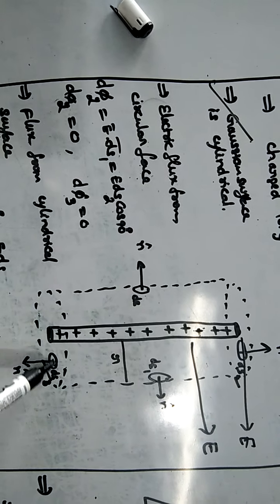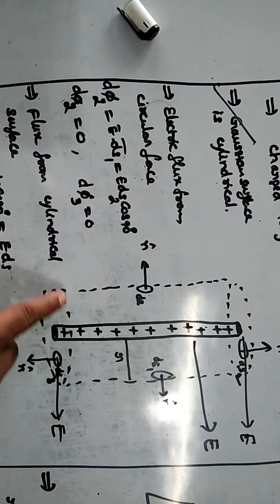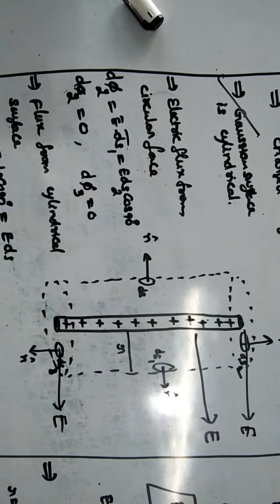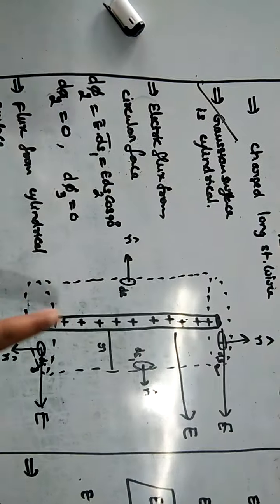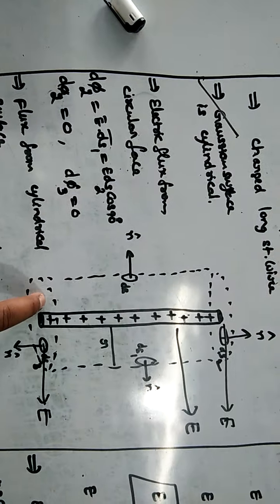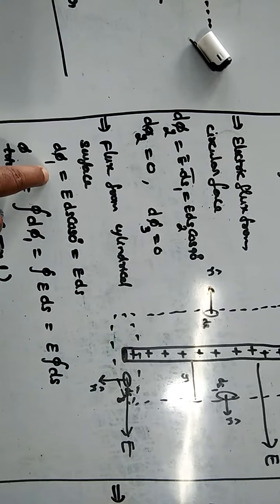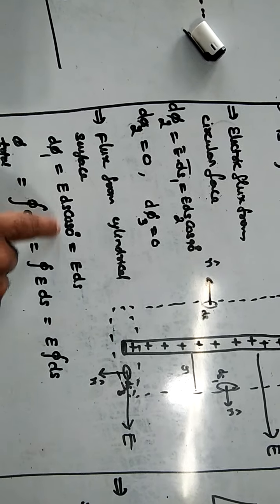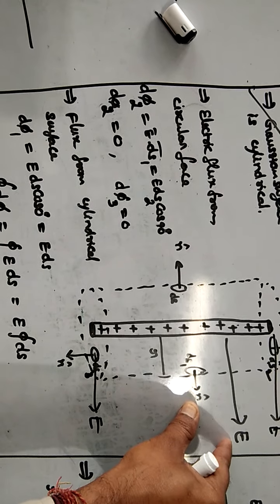Similarly, if you see here also, this is the electric field direction, n cap is like this, these two also are perpendicular. From this bottom surface also flux is not coming. So hence you have to understand one sentence. Flux from the circular surfaces, bottom and top circular surfaces, is not coming. Whereas this cylindrical surface, ds1 and n cap, both are in the same direction. So flux from the cylindrical surface, d phi is equal to E bar dot ds bar, so EDS cos theta, theta is 0. I told you these two are in the same direction, angle between them is 0 degree.